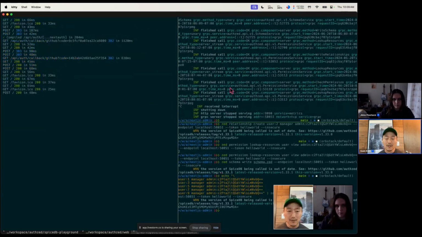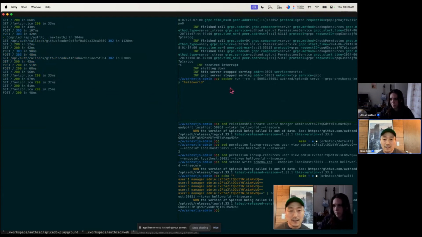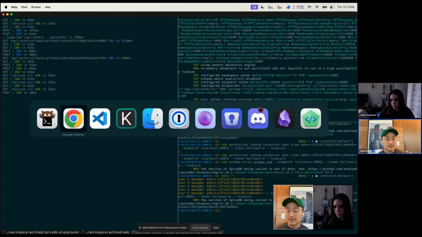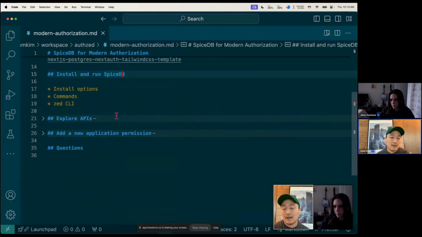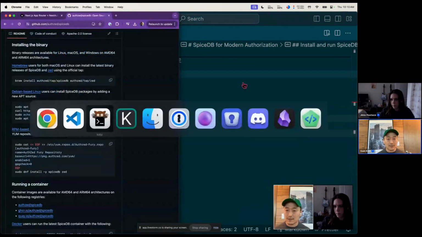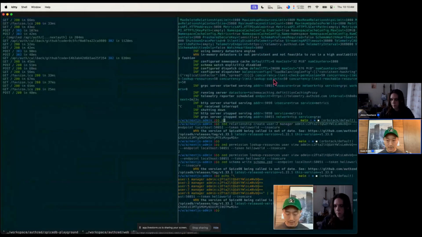I had it running for the demo, but one of the ways to get started is just running it via Docker. That's one command you can use. I actually have it installed locally via Brew on my Mac, so I'll run it that way. And then I was going to show, once you have it installed locally,